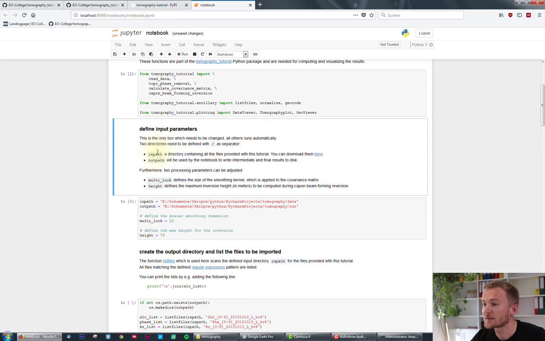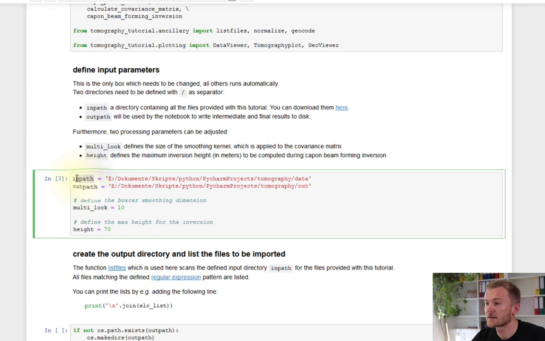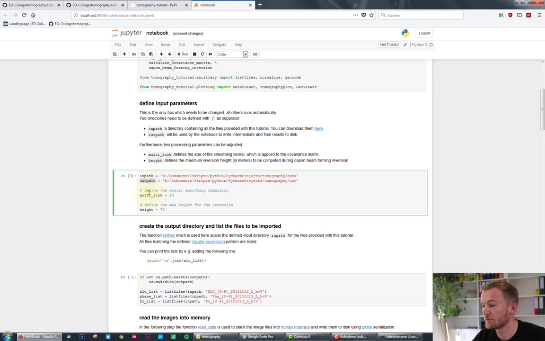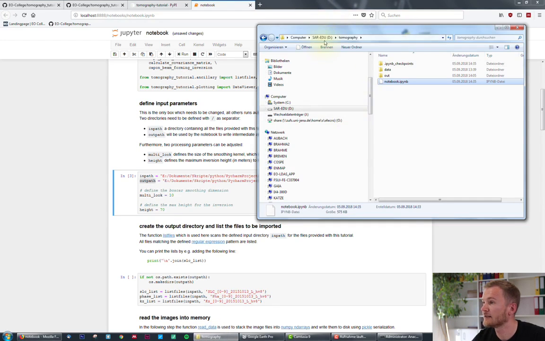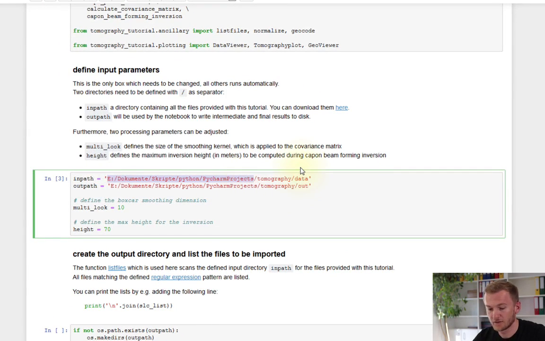All right, next box up is the only one that we have to change, actually. Unless you really want to do some more exploration yourself, of course, later on. But this one is one we have to change because it gives us 2 variables here for an in directory where our data resides, the test data, and also an out path. So this directory that I already showed you early on where the data is going to be written to that we process here. So in my case here, D tomography, and so I'm going to change that here to D